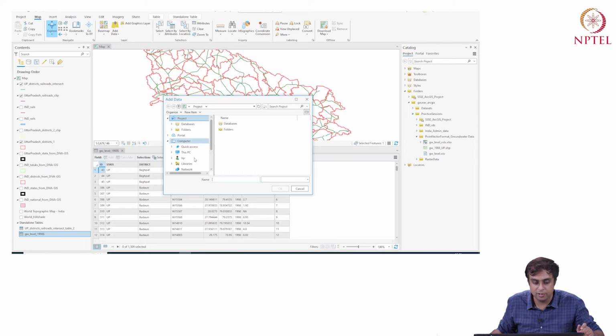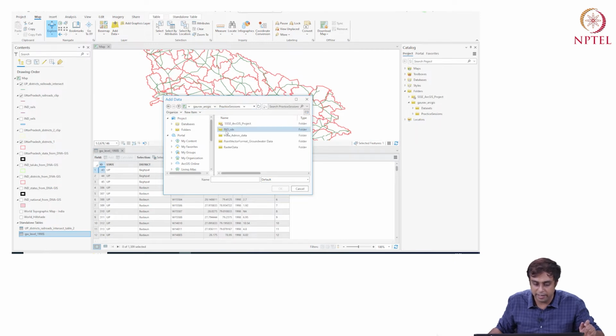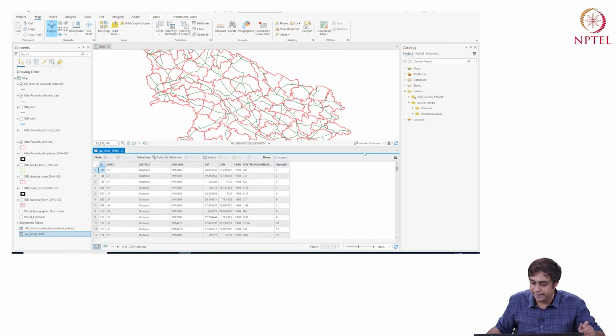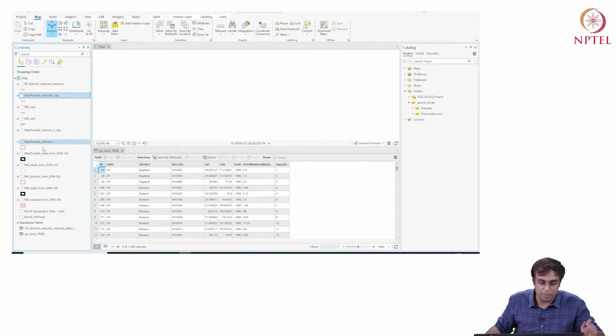I can click here, it takes me to that folder where I've kept the data, and from there I can import this data. I can import the XLS file, that is the Excel format, or the CSV file, it doesn't matter.